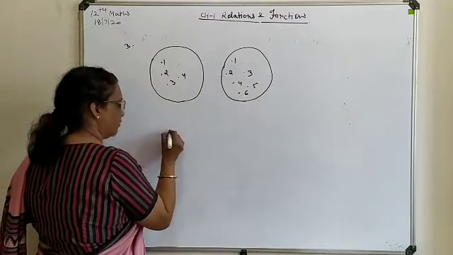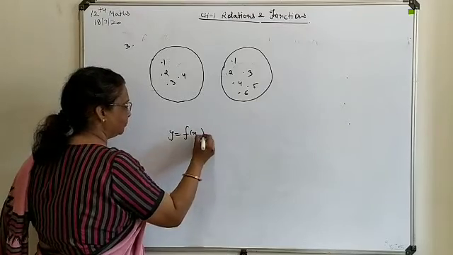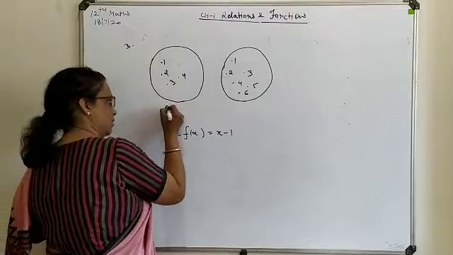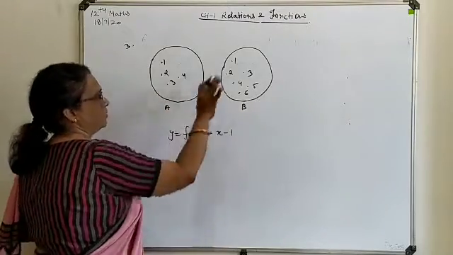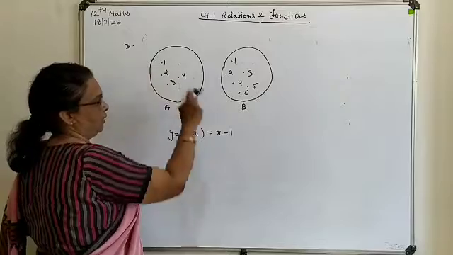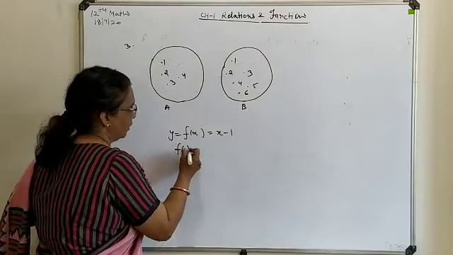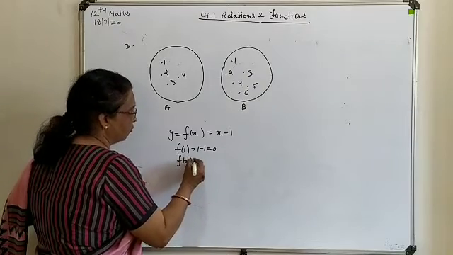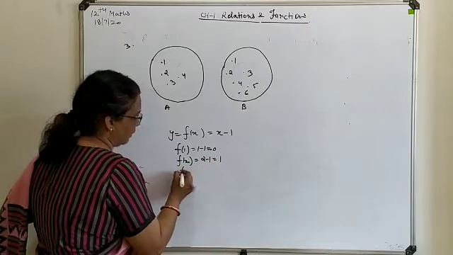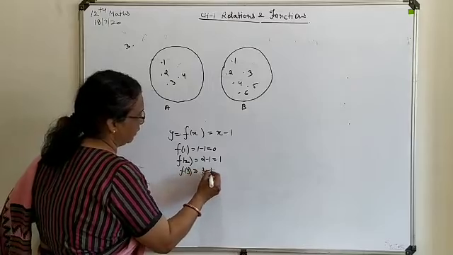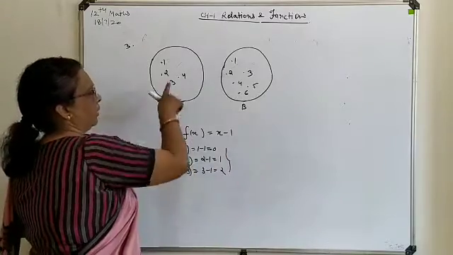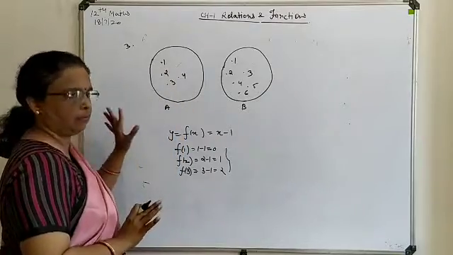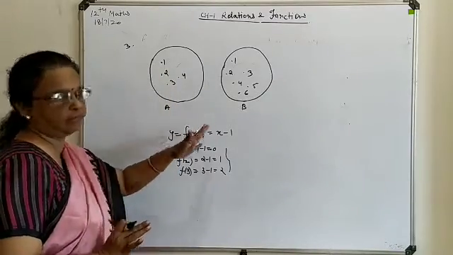Means first one, suppose we define here one function as x minus 1. This is A set, this is B set. Substitute over here. If you substitute 1, answer will come out as 0. But 0 is not present over here. If you write 2, that is 2 minus 1, 1 you are getting. Like that, many terms you can define here this way. So, regarding your 1, 0 is not present. So, this 1 is going to remain as such, not taking part in formation of image.